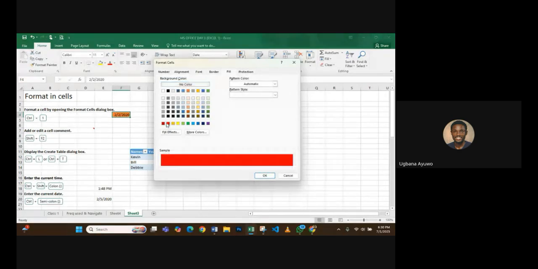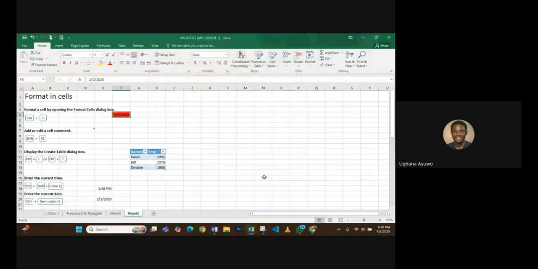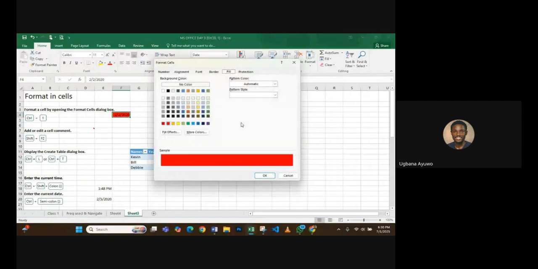Whatever color you select is what is going to reflect in your cell. So you click on no color to change it back to no color, and that is that about formatting